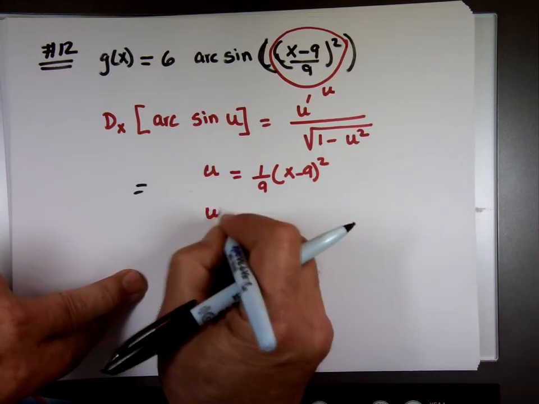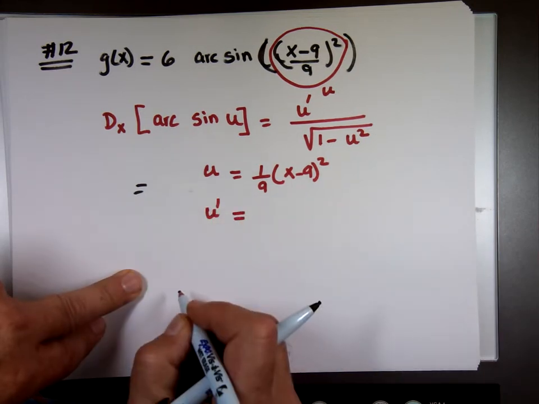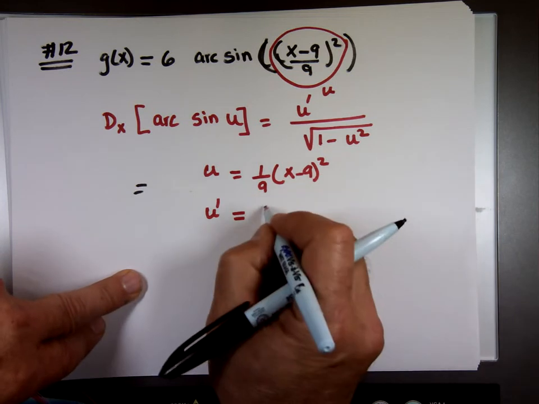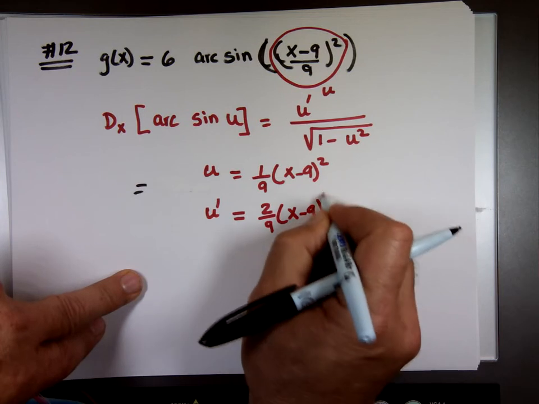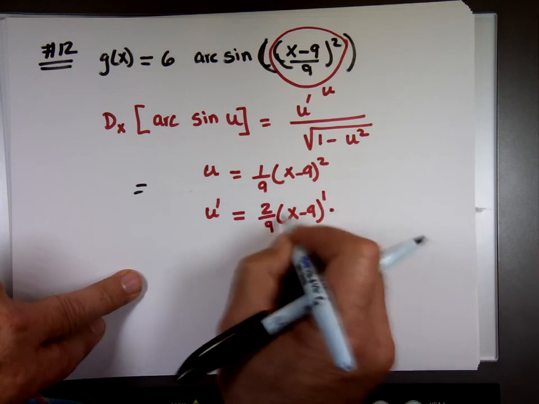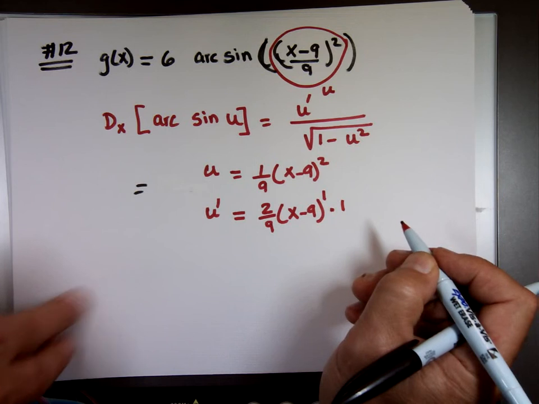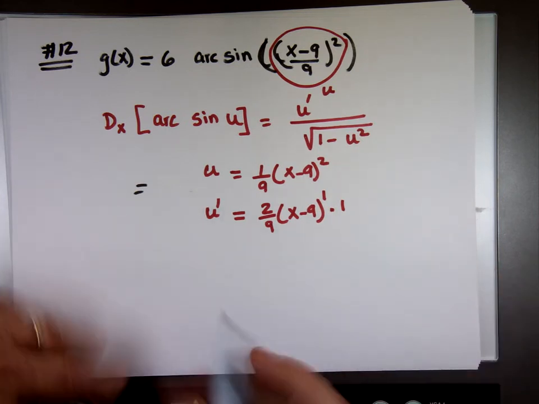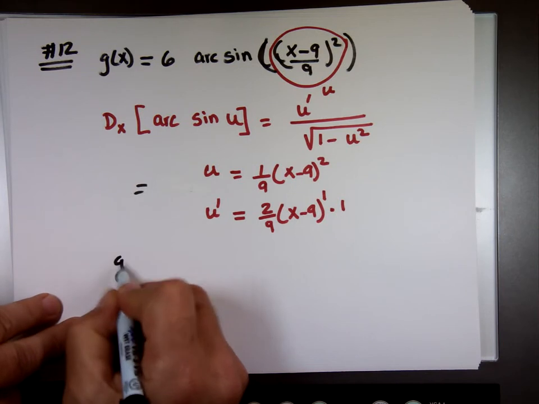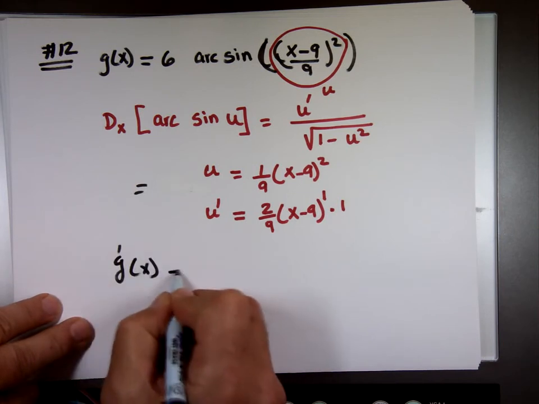This times this. x minus 9 to the power of 1 times the derivative of what's on the inside, which is a 1. So now you plug them in. g prime of x, that's the first derivative. There's the 6. u prime, 1/9